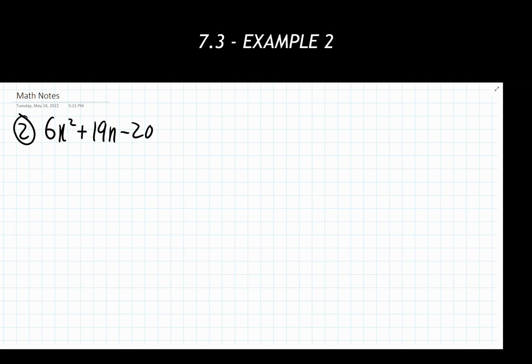That's fine. So our second step, we're identifying our A, B, and C values. Remember that when you are identifying these three values, we need to make sure we are keeping the number and the sign listed there. So my A value is 6, my B value is positive 19, and my C value is negative 20. I'm getting ahead of myself there a little bit.